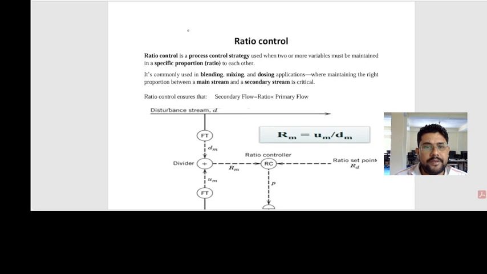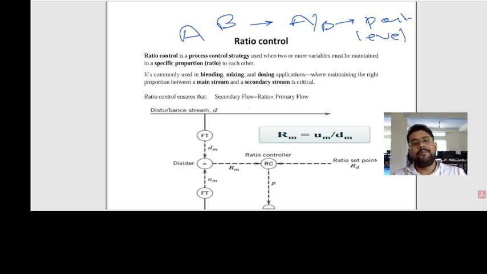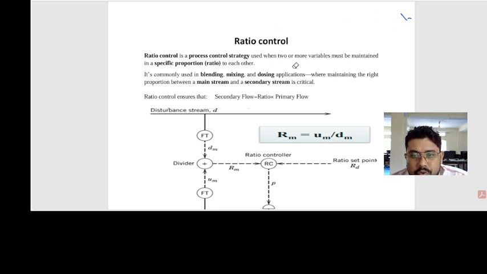Suppose that one variable is A and another variable is B. We want to maintain A and B at a particular level. For such a requirement, we can use the ratio control strategy. When two or more variables must be maintained in specific proportions or ratio, we can use the